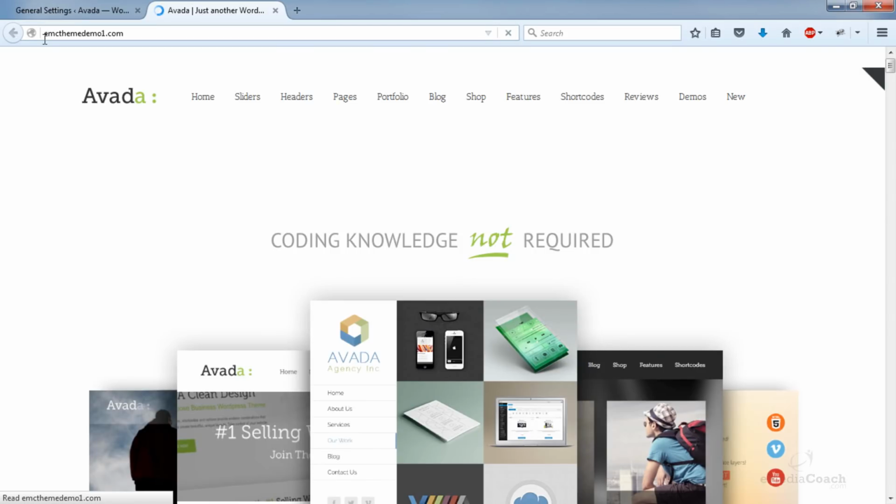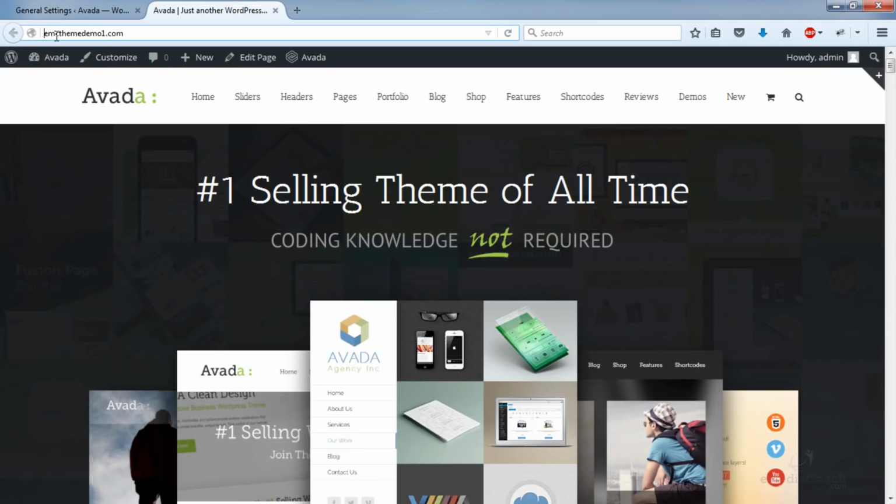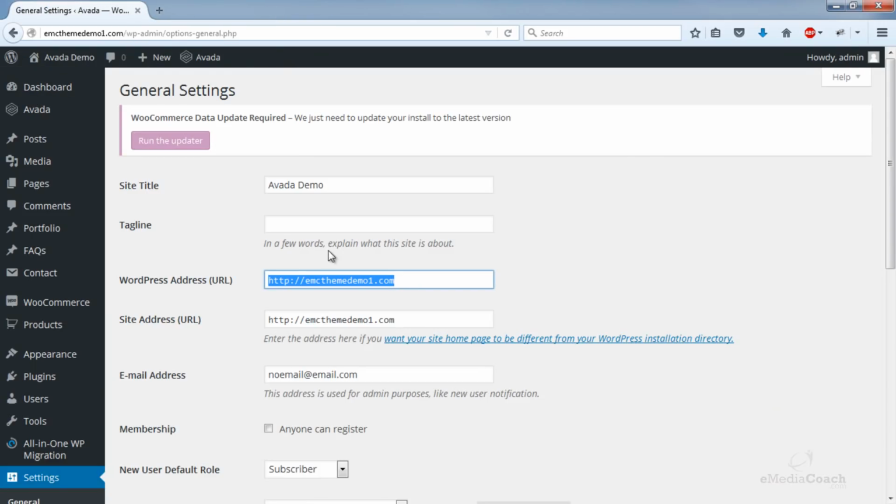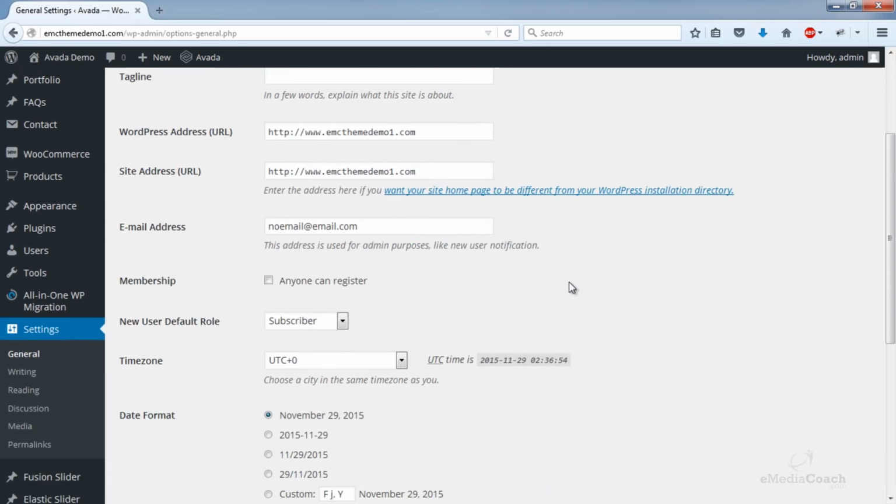Now I'll show you what that does when you load your website. As you'll see, the www doesn't load. Now this is not a requirement, it's just a personal preference. I like to add www right in there, and the same thing for the next field as well. This is completely up to you.